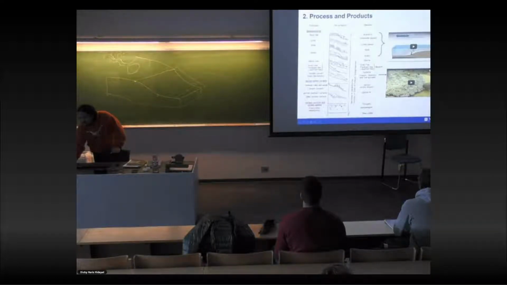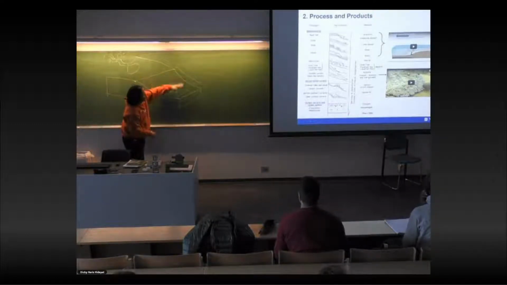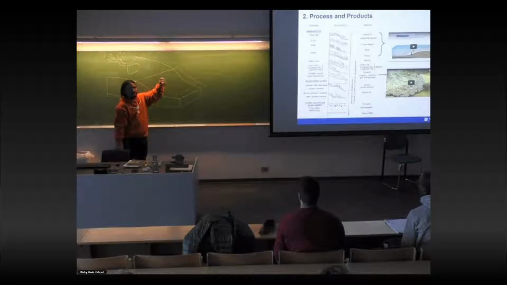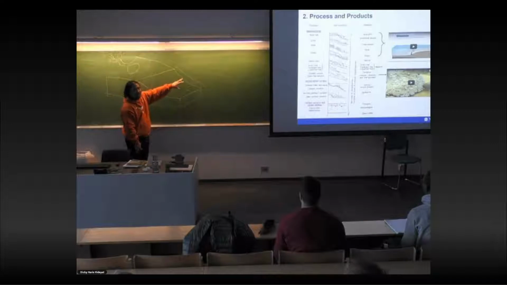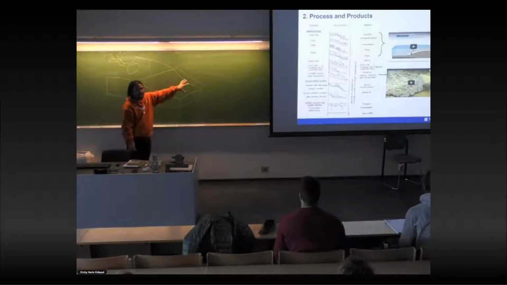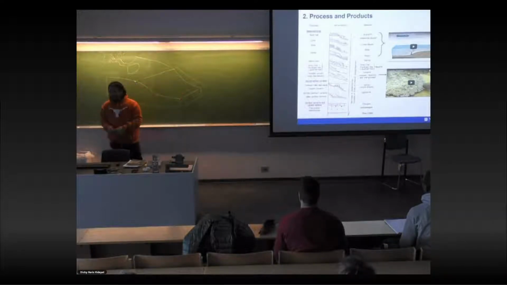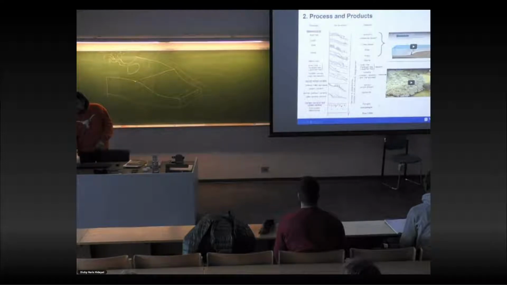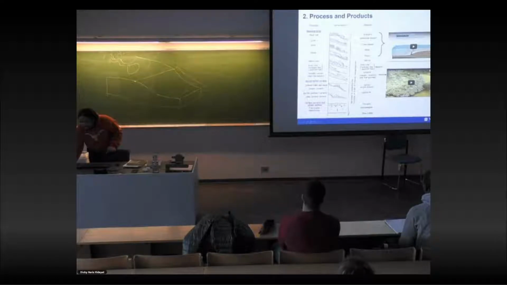And pelagic or hemipelagic is mostly because this is the water column of the seawater, and then you have plankton, benthos, or all organic material that lives in this seawater. When they die, they will be suspended and then deposited in this area. So this is what they call pelagic or hemipelagic. You see, you have these organisms living in the sea, and when they die, they are suspended and settle to this basin floor.